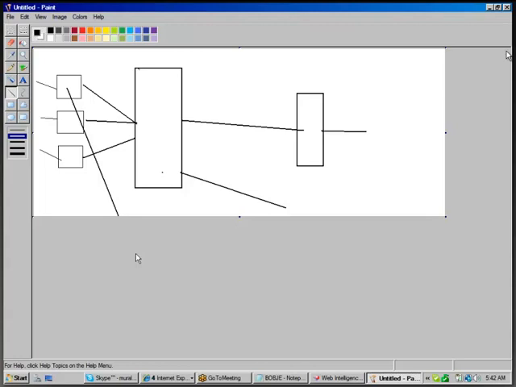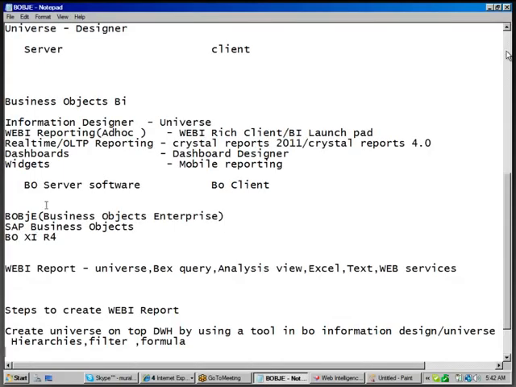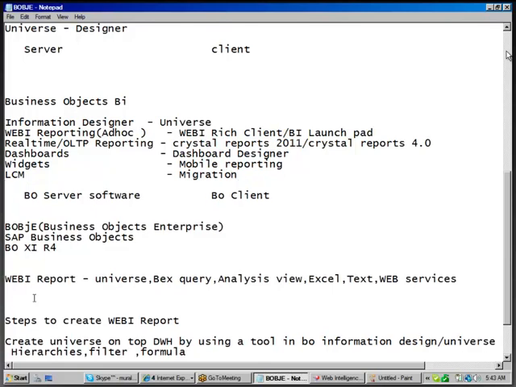In real time, when you start a project, you need to follow three environments: development, QA, and PROD, by using a tool called the Life Cycle Manager. In BO, there is a new tool for migration called LCM, Life Cycle Manager. This is for migration. That I'll explain. Okay, that's the way I'll start the course.